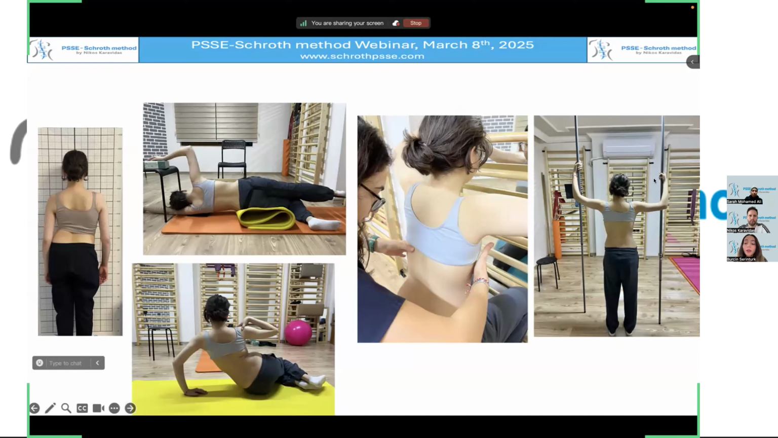You need to activate in correction, and you can use everything to increase correction, which is called pressure. I use a stick, you can use a chair, you can use a TheraBand, you can use everything. And the last principle was stabilization. I don't have any stabilization picture for now, but I can tell you that stabilization is really, really important